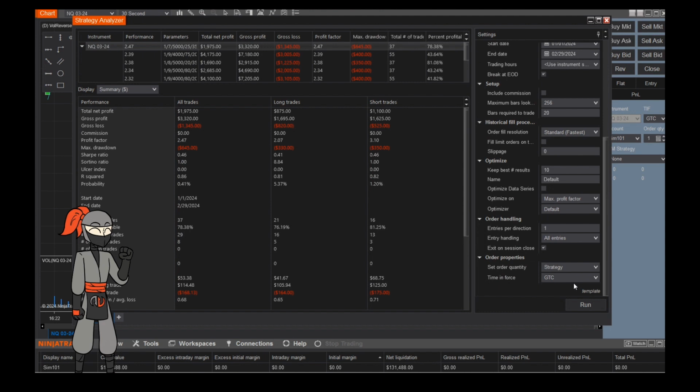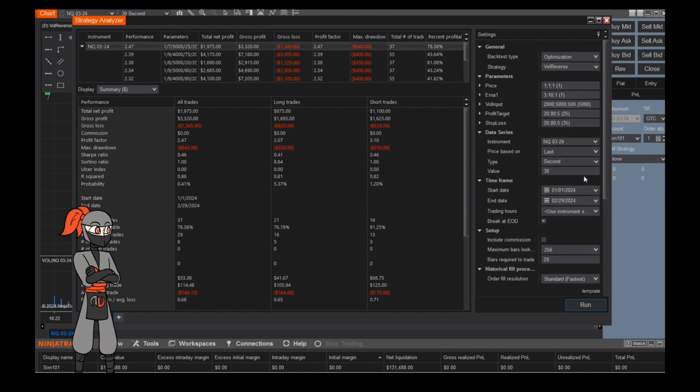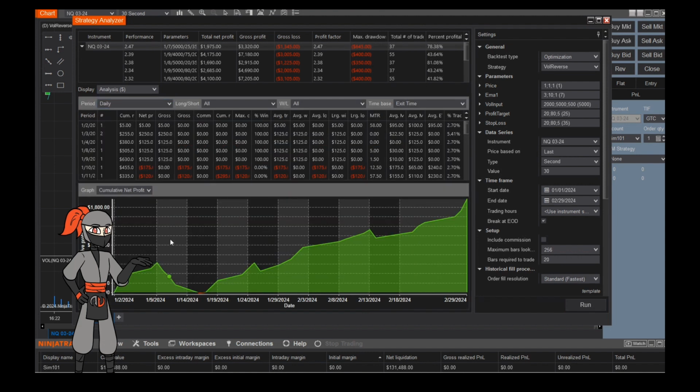All right, there we have it. So with these results, it looks like we're looking at a 78% profitability. Oh, said that wrong. And here are the values that it came up with: 1, 7, 5,000, 25, and 35. So we are actually risking a little bit more than what we're going to be profiting, but sitting at 78%